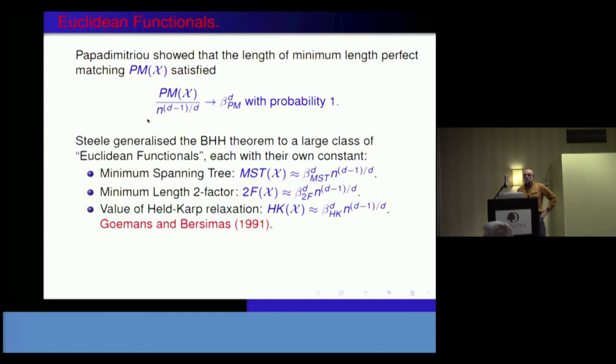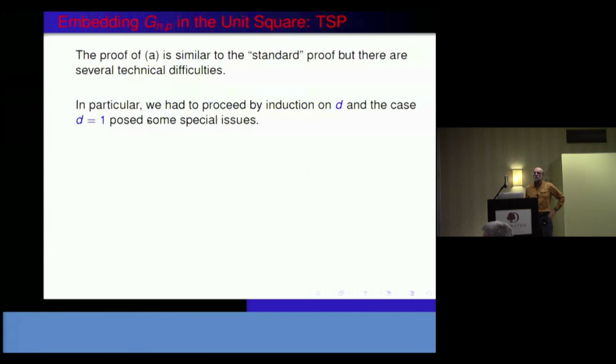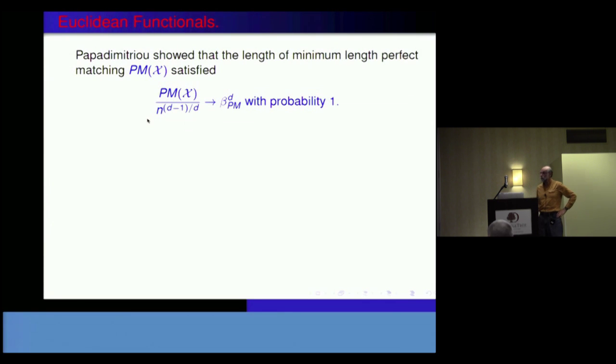Okay, so we can skip that. So we're making progress. So now I'd like to talk about these things which we call Euclidean functionals. Okay, so after the Beardwood, Halton and Hammersley result and Karp's paper on the partitioning algorithm,